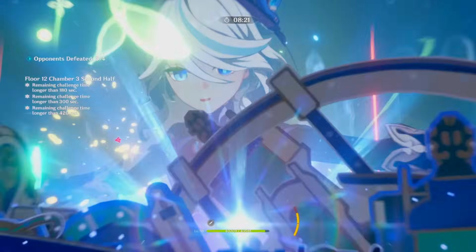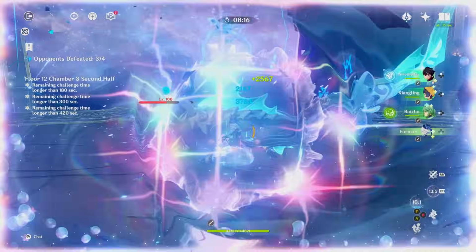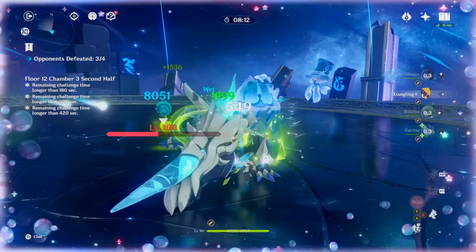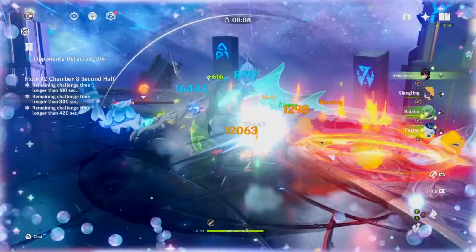But that's all I have to say about IFA. Now tell me your thoughts. What do you think of IFA? Do you intend to use him in the role he was made to be in, or are you looking to use him in another niche? Do you intend to build him with full elemental mastery, or are you planning to go full hyper carry with him? Tell me your thoughts in the comments